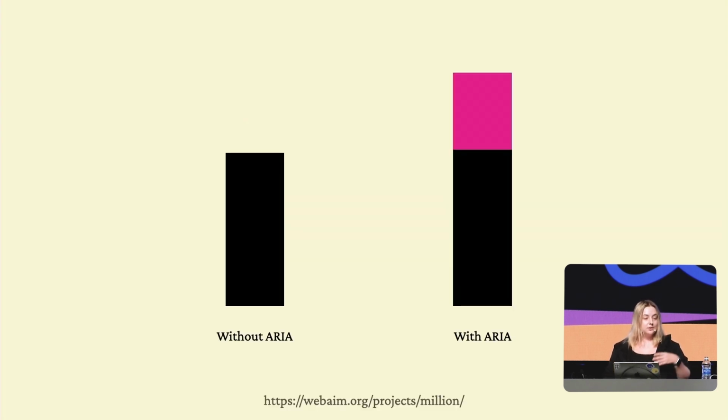shows that pages that use ARIA have more accessibility errors than pages without, which just shows that this amount of control, it's easy to mess things up. So generally, when you use ARIA, you need to be careful, use it only where necessary, and be responsible when doing so. Now, here we've talked about assistive technology, how it works on the web, accessibility tree, semantic HTML, ARIA. We are ready to dive into some examples I wanted to cover.